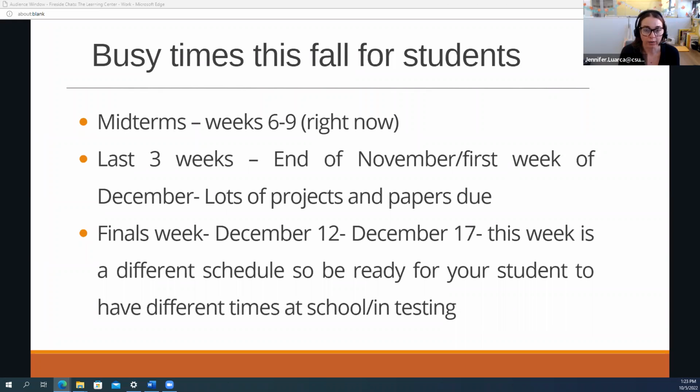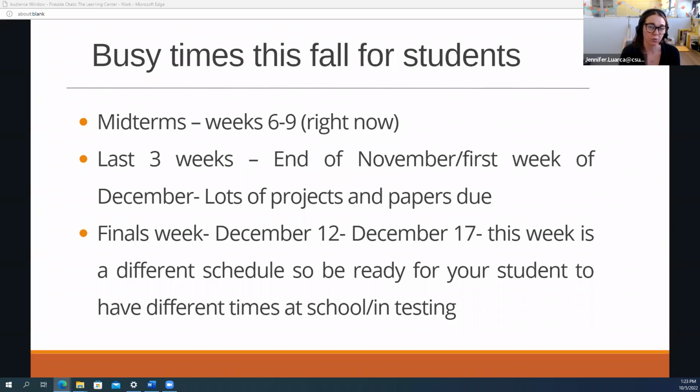So just be aware and check in with your person if you have plans or are thinking about that week at all, heading into December, which again is a really busy time with holidays. Just know that their week's going to look different. If they're working, encourage them to check that out with their employer and ask for some flexibility there.